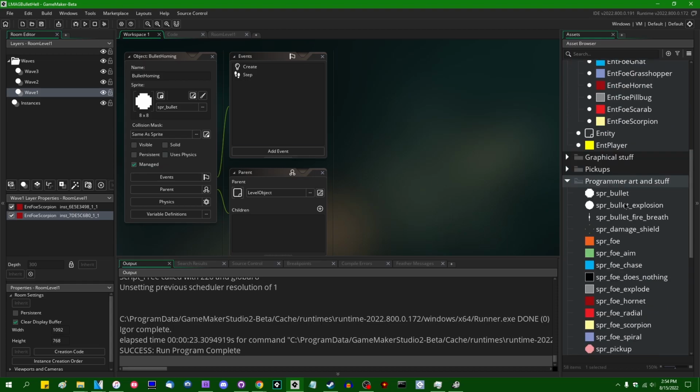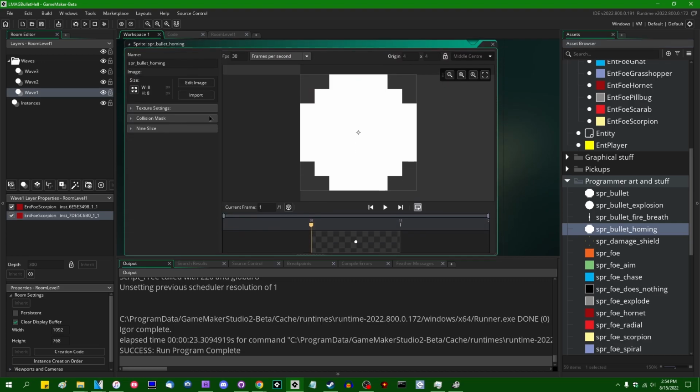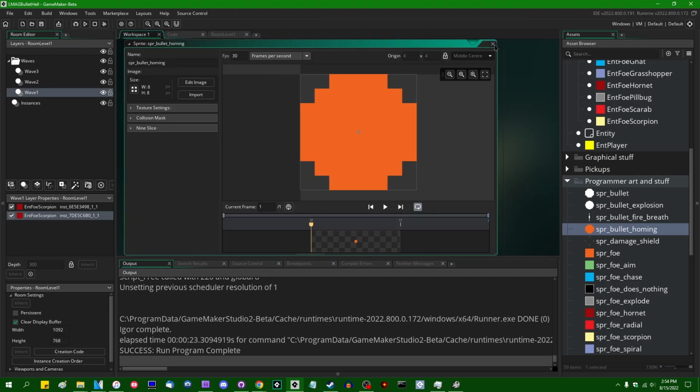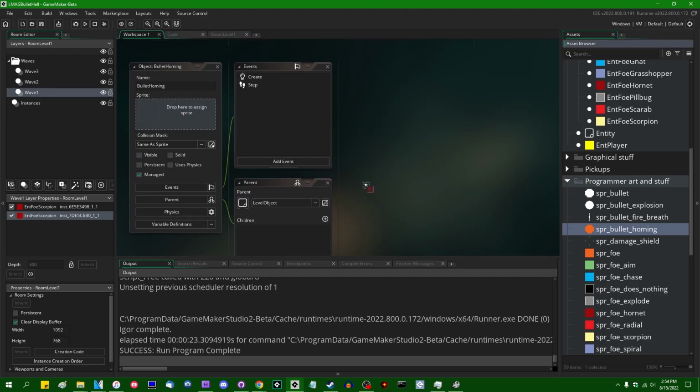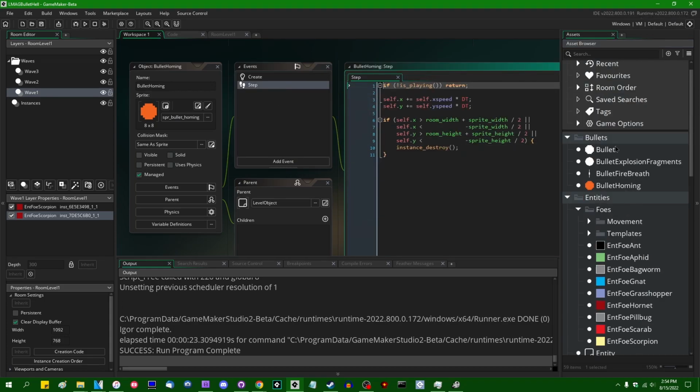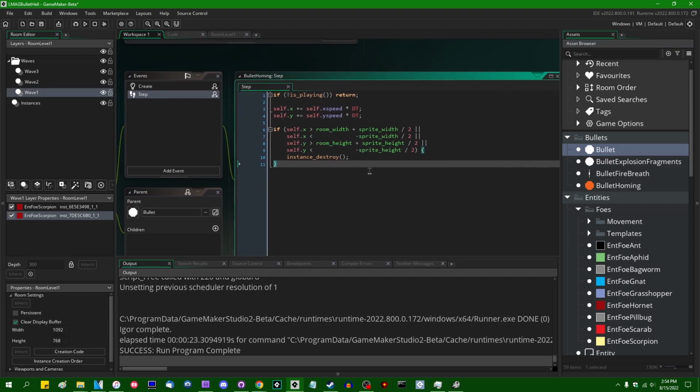Let's see, this is going to be a homing bullet. I'm going to make this orange so that I can tell it apart. I doubt the final look of the bullets is going to be like this, but I would like to telegraph to the player in some way that these are bullets that you don't want to mess with. Your parent type can be just the regular bullet class,